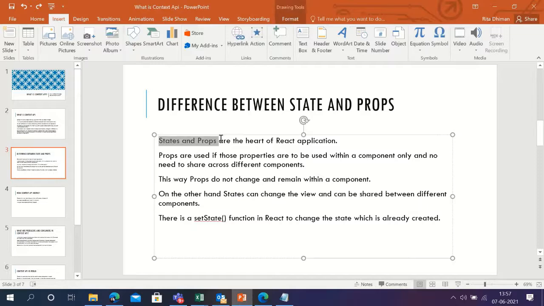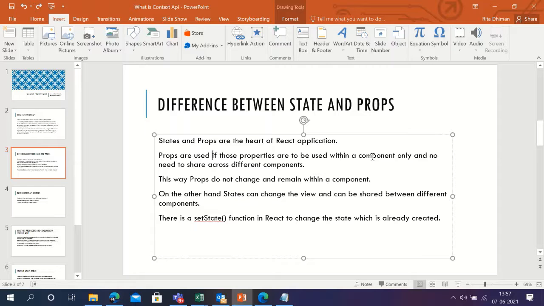States and props are almost similar, but the difference is that props means properties. Props are unique to a component and are not shared by any other component. Props are used if these properties are to be used within a component only, with no need to share across different components. They are the property of a single component. This way props do not change and remain within a component.